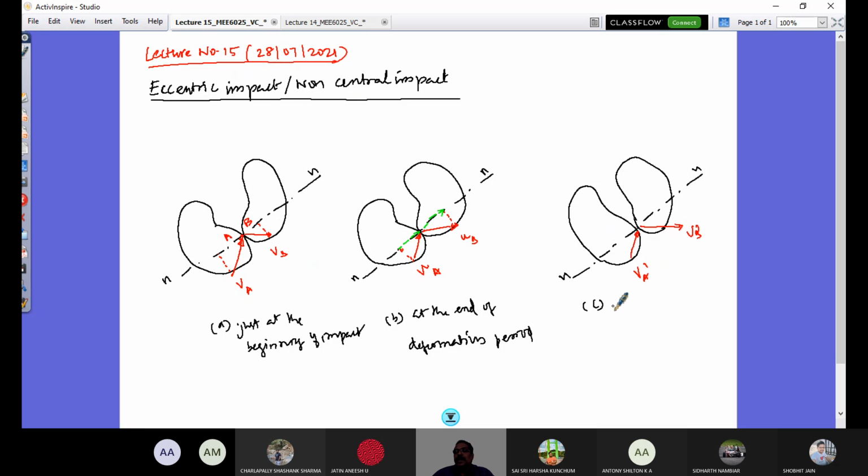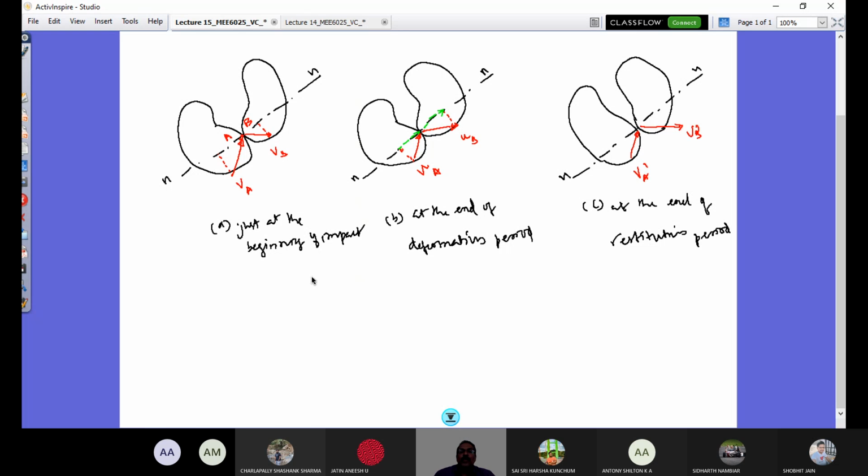So what is this? It is just separation, or the end of the restitution period. At the end of the restitution period, you would see this. Now, as we have looked at and defined, the coefficient of restitution is given by e, the restitution impulse integral of R dt with that of P dt. Right? That's what we had given. We have defined it, and with this definition, you have to prove that now